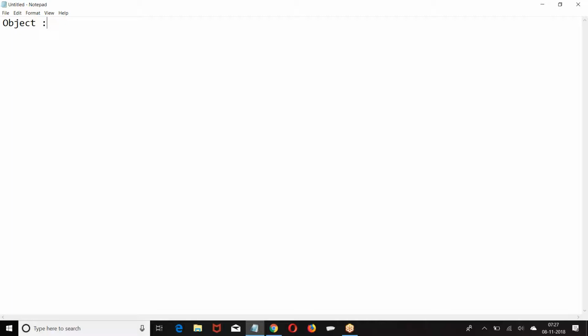So what is the purpose of the object? To store the data. Salesforce has already given some standard objects to support the CRM. CRM applications are already developed by Salesforce. In order to support those CRM operations, we already have some standard tables created by Salesforce. So objects are nothing but a table. Some of them are created by Salesforce, some are created by you as per your requirement.